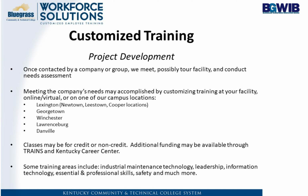We also do an enormous amount of non-credit training, and that can be done in any kind of customized fashion as well. You'll see on the screen what we are referring to as TRAINS and available funding, because as a system, when we were formed, in legislation, there is what is called KCTCS TRAINS. And that is a funding opportunity that will, as we work with you and that small business or as your organization, we will work not only with our own funding mechanisms to offset and to help you offset the cost